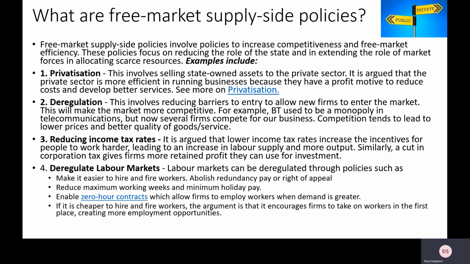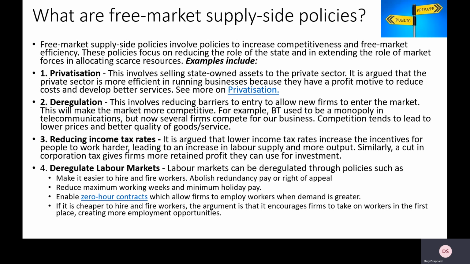So it should encourage a bigger supply of labour, and it should inspire people to want to gain promotions to gain extra money. Now, on top of that as well, what we could do is to reduce business taxes, such as corporate taxes. This could attract more foreign firms into the country from across the world, which leads to more investment and more competition. But also, if we lower taxes, it means that firms can earn more profit and they can reinvest this money back into their company, into better capital and infrastructure, which again is a supply side benefit